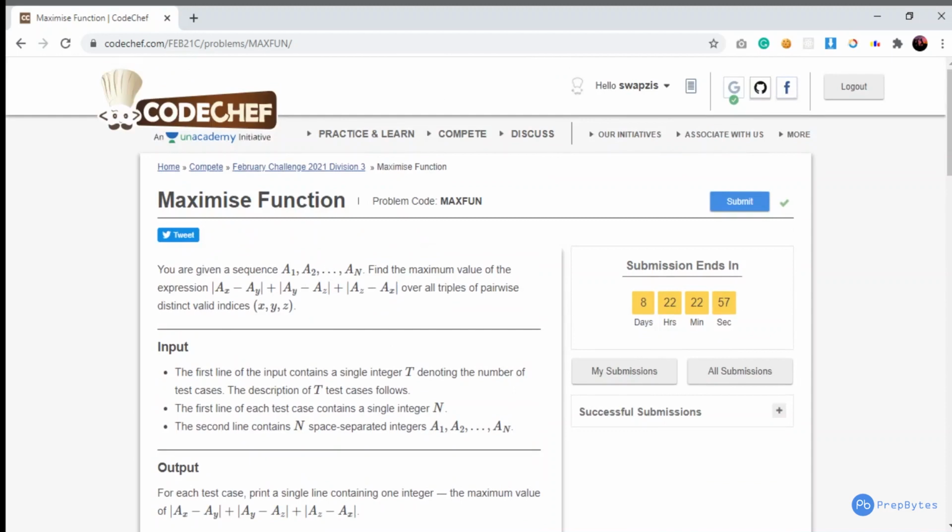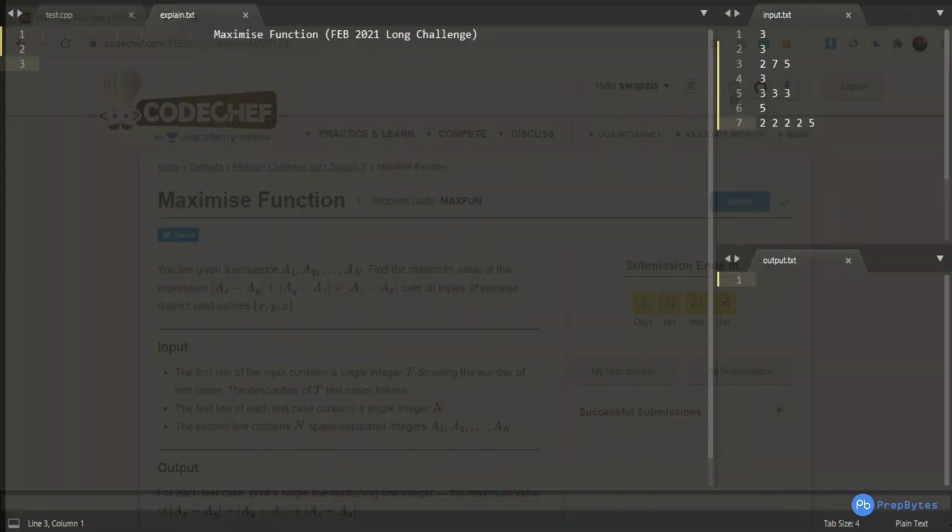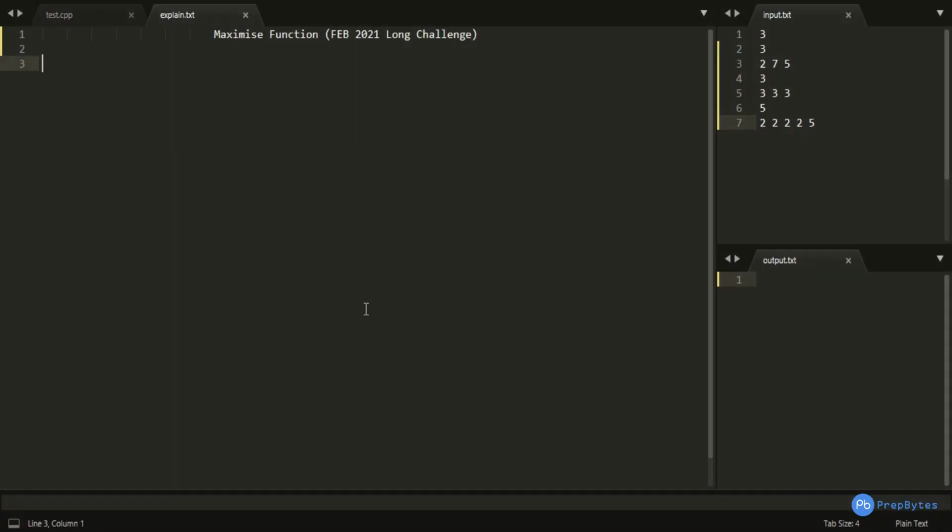So let us move to a better explanation of the logic so that we can build a good approach to solve this problem. I will write the expression which we need to maximize. We are given n, which is the size of the sequence, and let us say a is my sequence, ai is my sequence.